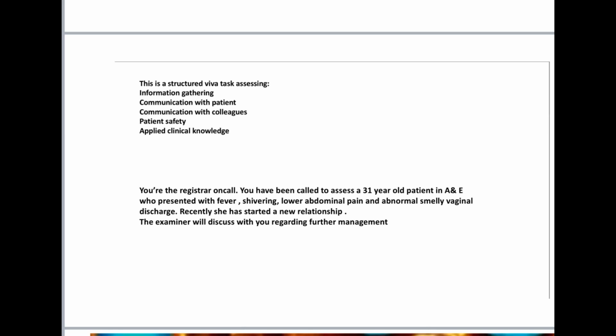Since we are going to refer her to the GUM clinic anyway, we will tell her that if she is not able to notify her partners, we can help, and the sexual health clinic can send letters to your previous partners, just stating that they have been exposed to a sexually transmitted infection, and they will suggest they go for a checkup without mentioning the patient's name or any details about her, so that will maintain her confidentiality. Okay,